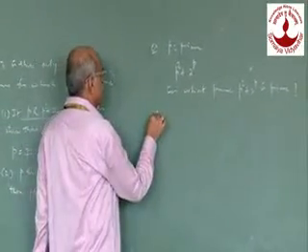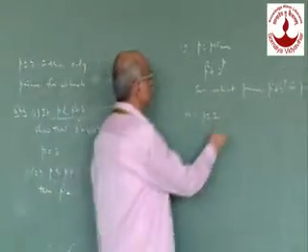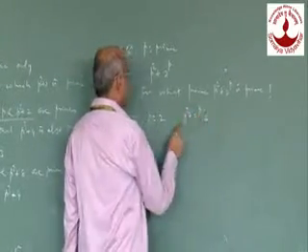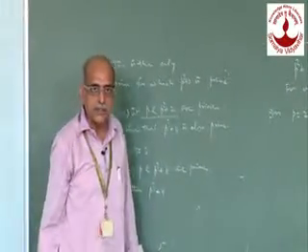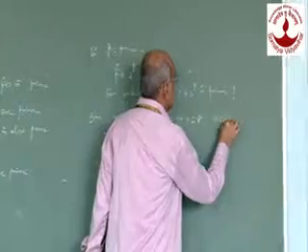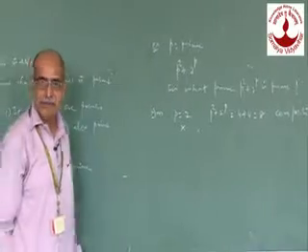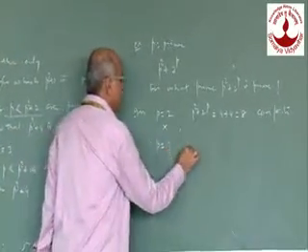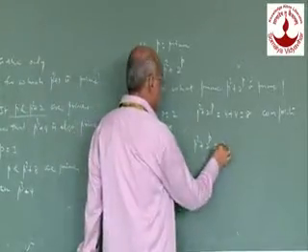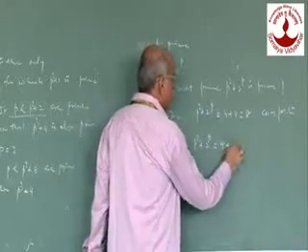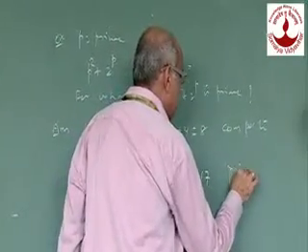So, if we start with the primes, suppose I take the first prime p equal to 2, what is p squared plus 2 to the p? p squared will be 4 plus 4, which is 8. Prime or composite? Composite number. So this is not possible. If you take p is equal to 3, what happens? p squared plus 2 raised to 3: 9 plus 8 is 17. What is that? Prime number.